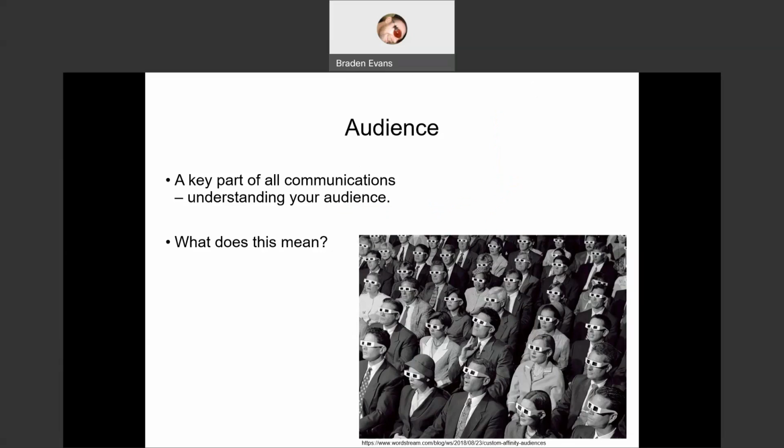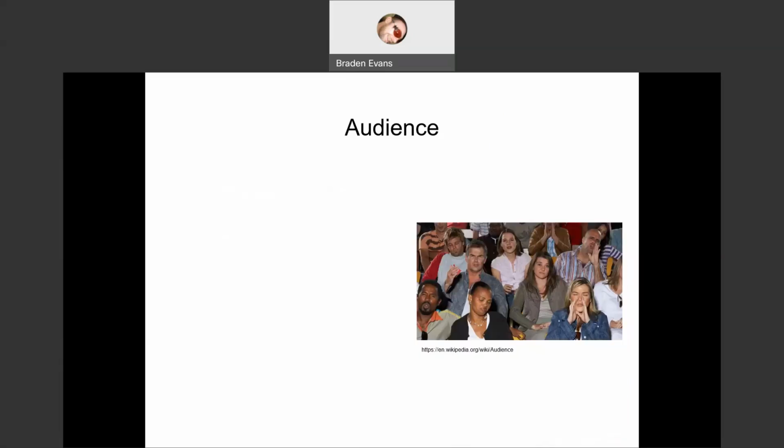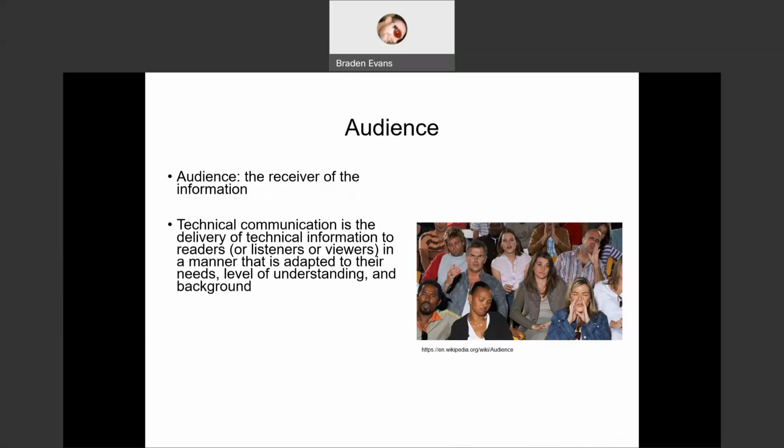So you, as the messenger, are the one who needs to adapt to the people that are receiving your message. And you do this in the workplace, in your private life, professional life, and so on, okay? There's so many different times that we use this type of adaptation, okay? And so, to be an effective technical communicator, you really need to be good at understanding and adapting to your audience. And when I say understanding, I mean understanding what do they know and what do they not know, right?